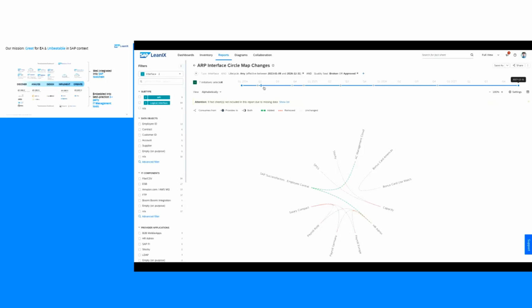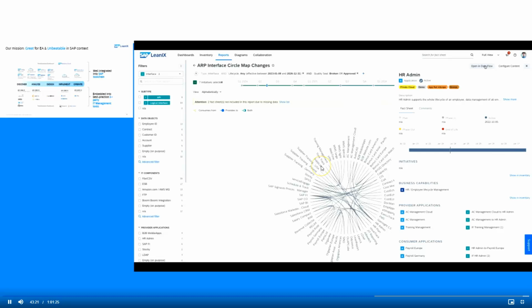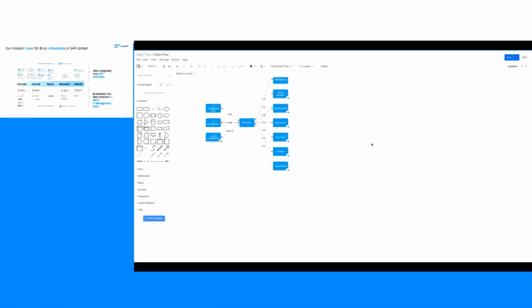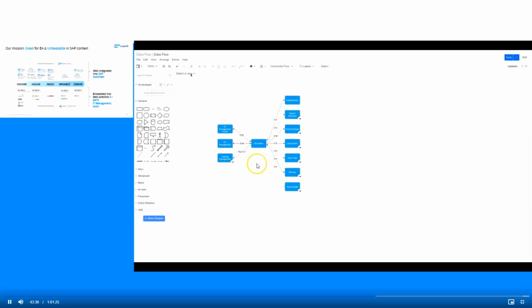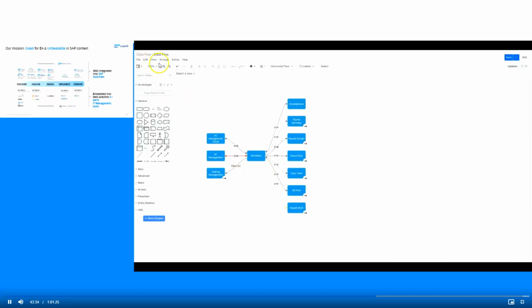If we are then quickly going back, I want to show you one more thing. This is a good overview of the circle itself and the integrations, but especially if we're thinking about a data flow, it obviously doesn't stop here. We are focusing on HR admin now, and you see there are several integrations now in place. Some of them